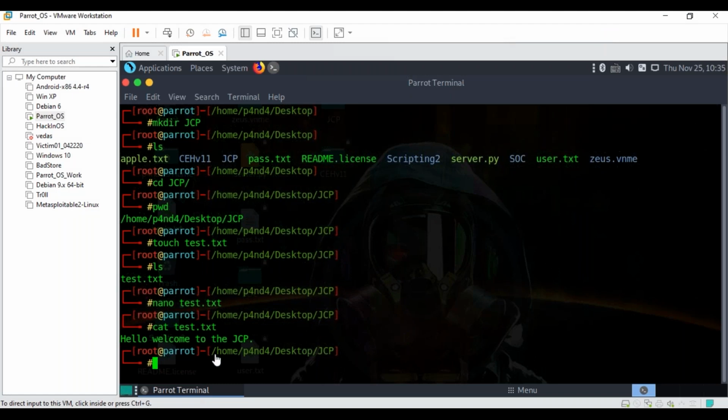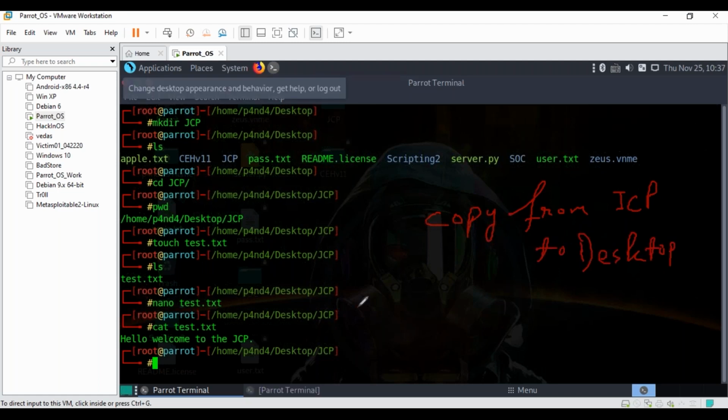Perfect. Now see, I am right now in my JCP directory. What I want to do is copy my file from the JCP directory to desktop. There will be the copy command, cp.